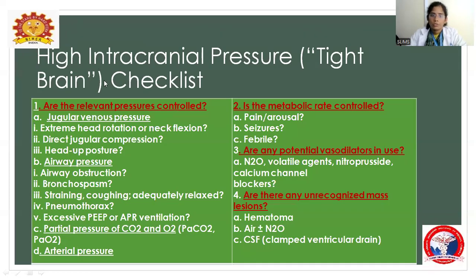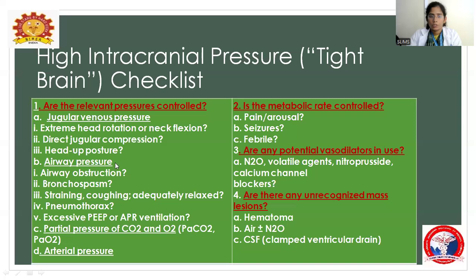So high intracranial pressure, right brain checklist. So first is, are the relevant pressures controlled? That is JVP. First, we have to confirm if these pressures are controlled. If there is any blockage or any obstruction to the JVP flow, then intracranial pressure will increase, right? So we have to rule out extreme head rotation, neck flexion, direct jugular compression, head up posture, and